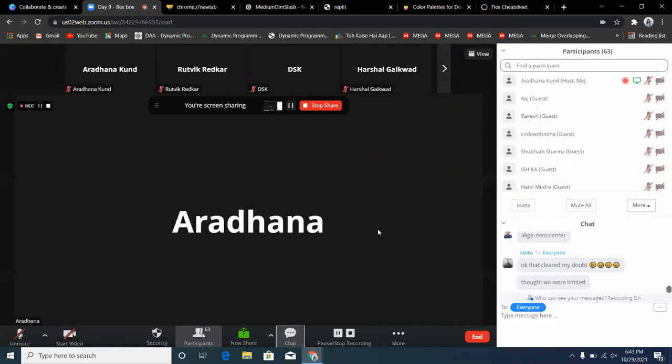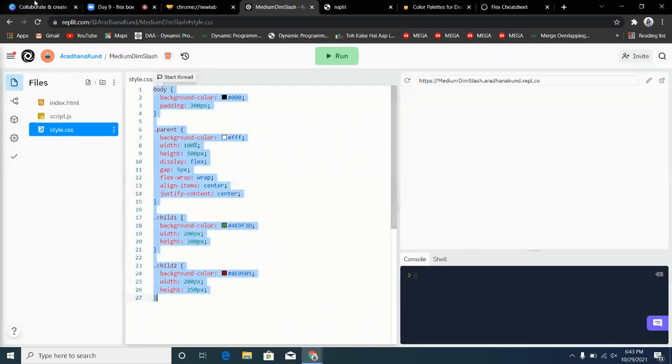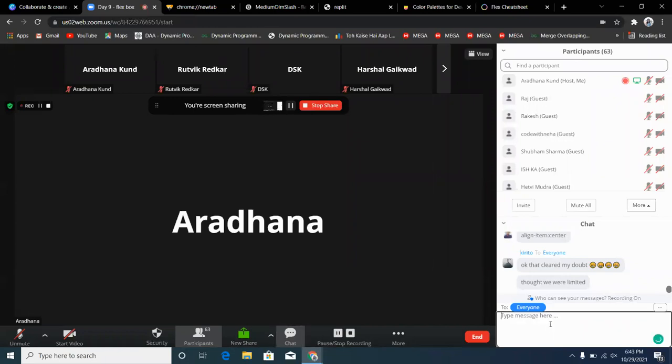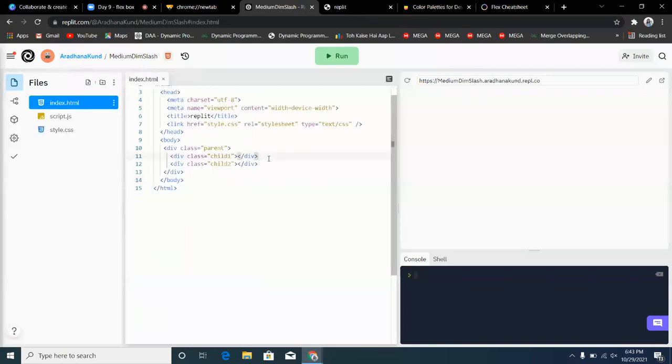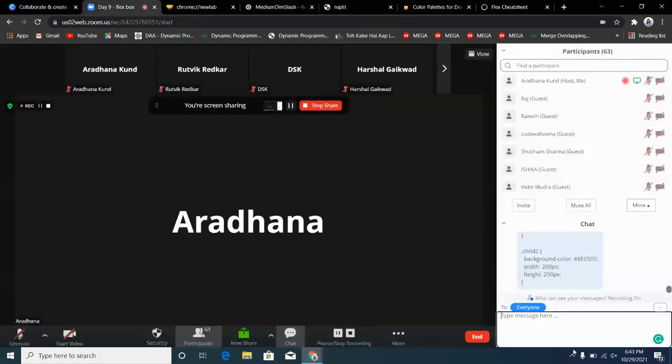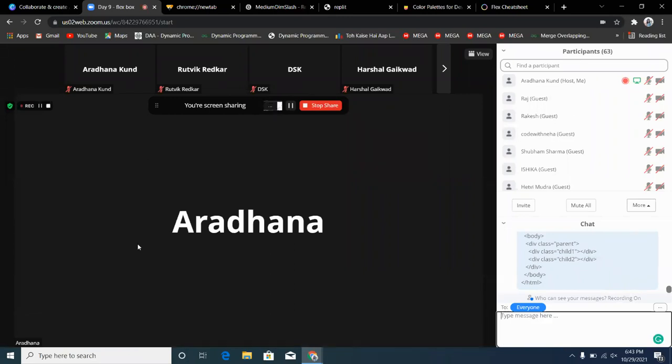Great, great, great. Understood, guys? Flex is very, very powerful and it will be used. So let me just give this particular code to you guys. This is the CSS code and this is the HTML code. Take 2 minutes and complete this. If you have any doubts on Flex, do tell me, else we'll start with Git and GitHub, because we have time, so we can start with the next topic.